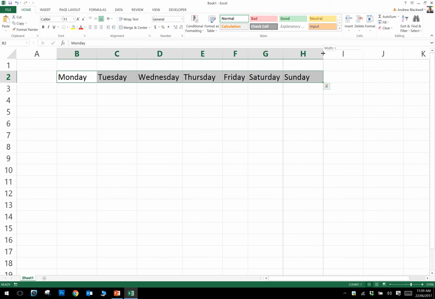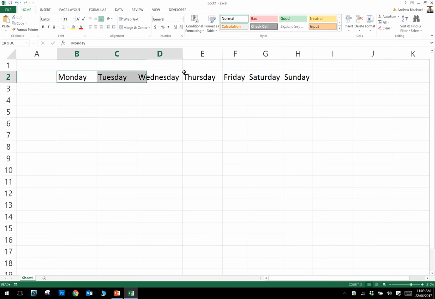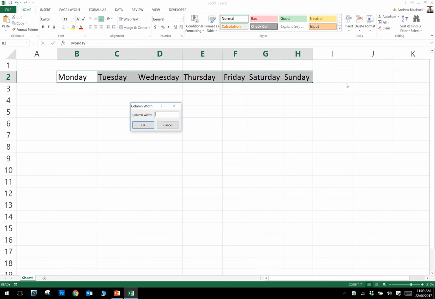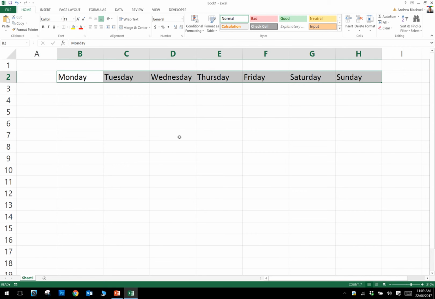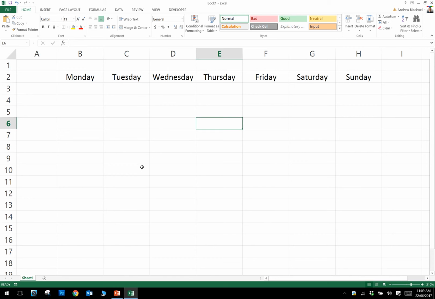I can do it to all of them if I want, or I can say, oh no, I'd like them all the same size, and I can change them by using column width. I can say, all right, let's make it 25 pixels, and we go, oh, that's massive. So no, let's go 10, and oh, that's perfect. Then we can put them in the middle, and yay, we've got a days of the week calendar thing. Even if I wanted to, I could say today's the 22nd, it's a Thursday, 22nd of the 6th,